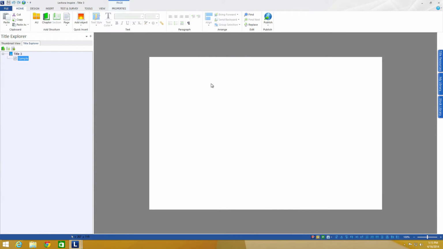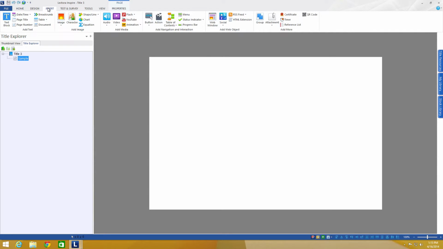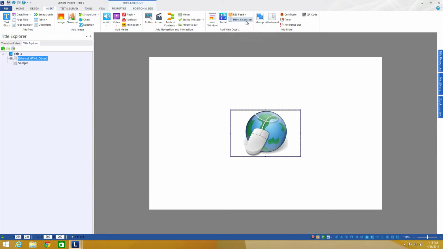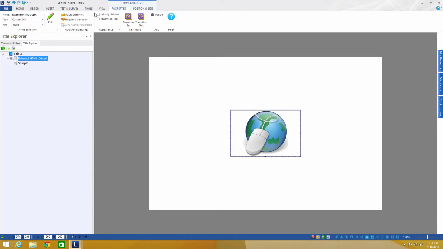So in Lectora, I have a sample project that I've created. It just has a sample title, and it just has one page for now. What I want to do when I'm loading in an external file is come into the Insert tab, and then on the title level, I'm going to make sure that I select title level. I'm going to come over to the HTML extension. Now, even though it's not really going to be an HTML extension, that's what I want to import to begin with. So with that selected, I'm going to come over to Properties, and then under the HTML extension part here,